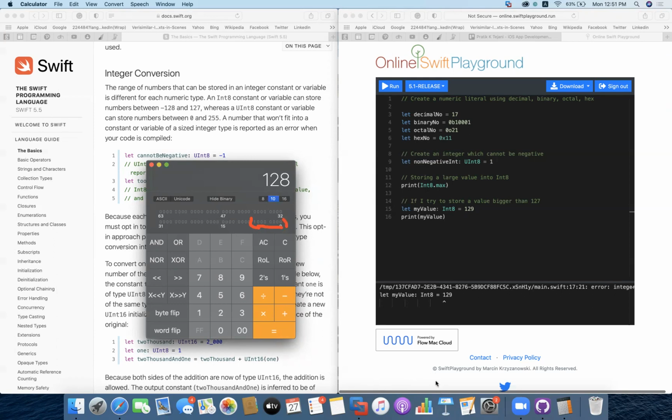A 16-bit number has 16 bits, from 0 to 15.